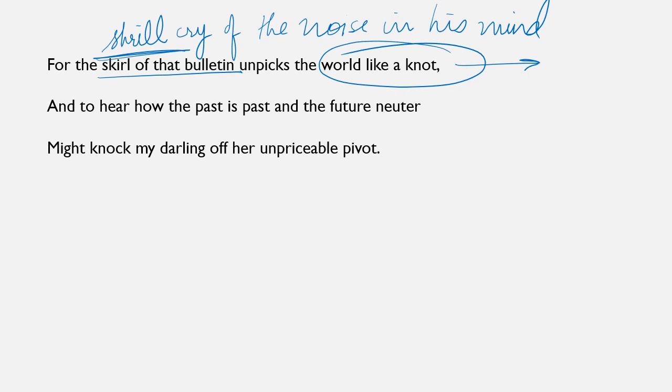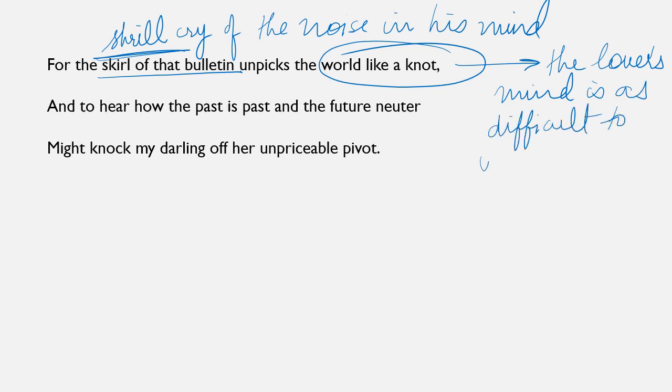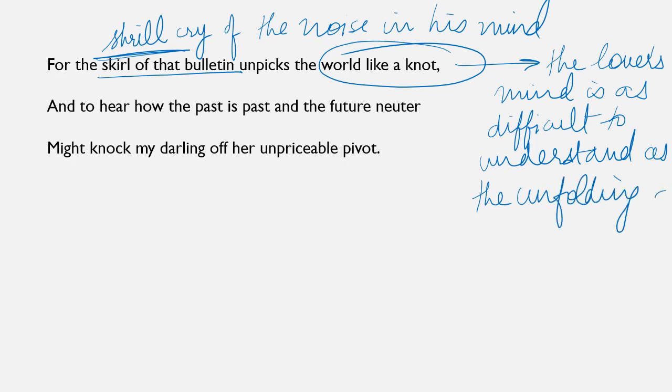So the lover's mind is as difficult to understand as the unfolding of a knot. जैसे एक गांठ को खोलना मुश्किल है, उसी तरह लवर के माइंड को समझना बहुत ही ज्यादा